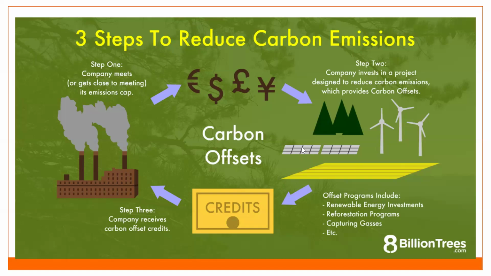Now see, this diagram shows wind power and solar used for change of process. Offset programs include renewable energy investment, reforestation programs, capturing gases, etc. Then you get credits. Step 3, company receives carbon offset credits. This is the cyclic process. So it's an iterative process. You can think of improving year by year. You can set your own time frame and milestones to improve